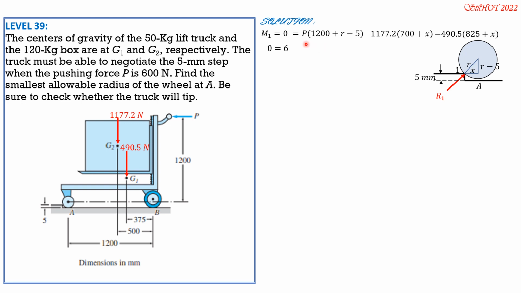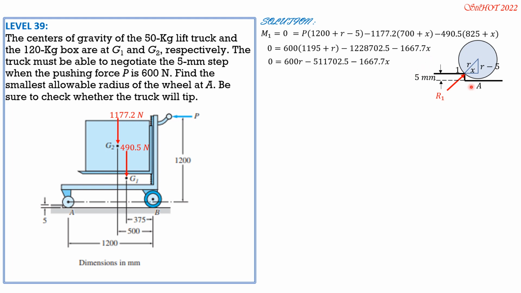Then simplifying, substituting P equals 600 times 1200 minus 5 is 1195, so plus R. Then negative 1177.2 times 700, negative 490.5 times 825, that's negative 1228702.5. Negative 1177.2x and negative 490.5x is negative 1667.7x. So combining 600 times 1195 and negative 1228702.5, we have 0 equals 600 R minus 511,702.5, then minus